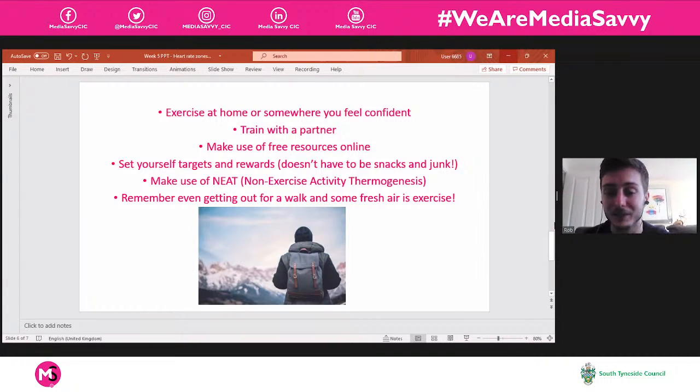So it's these little things, like when you go on the bus, can you get off a stop early and walk the rest of the way? Can you take the stairs instead of the lift? When you drive to the shops, can you park at the back of the car park and walk to the entrance rather than parking straight outside? Little things like that, guys, where we get a little bit more movement in,